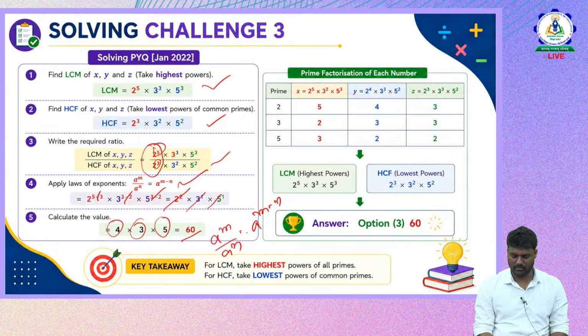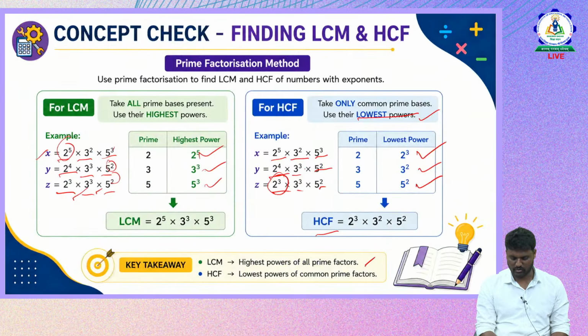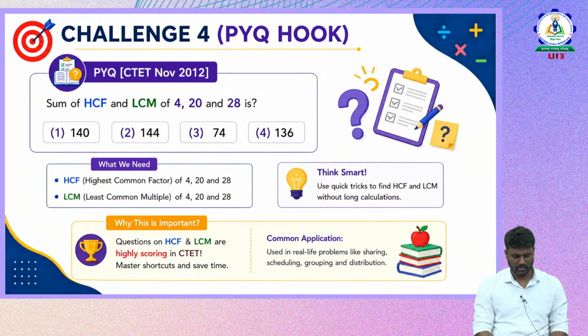Prime factorization of each number. This is the same approach we applied for HCF: for LCM we take the highest powers, and for HCF we take the lowest powers. So option 3 is the correct answer. This is one way of solving this kind of question, when they give the same base with different powers and ask you to apply LCM and HCF. Okay, now